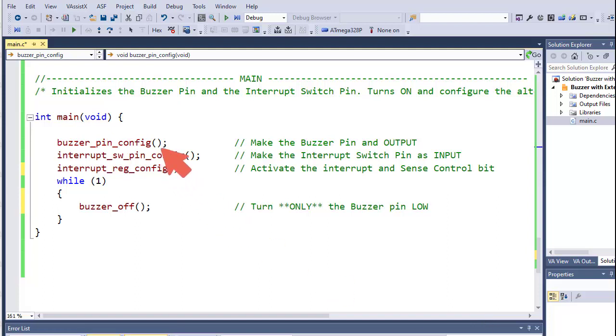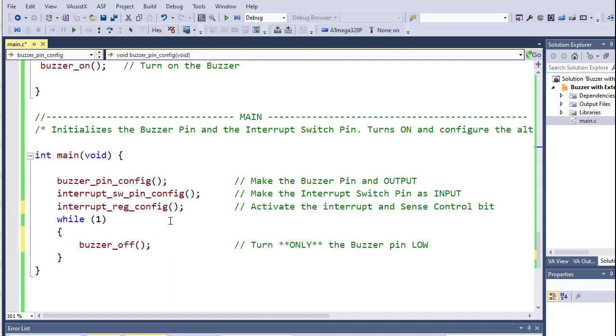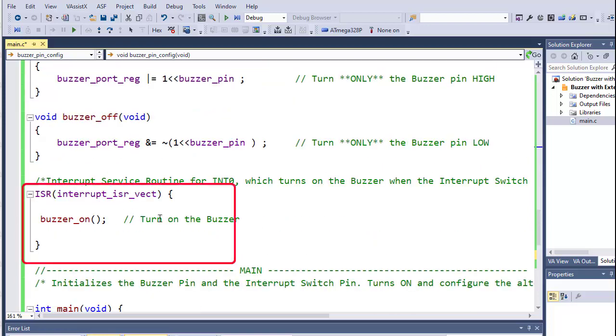What is here? First buzzer pin configuration, next interrupt switch pin configuration, then interrupt register configuration. After that a while loop is there. This will continue and provide the output. What is inside? Buzzer off, which means the buzzer will remain in the off condition. What will happen when the switch is pressed? An interrupt will come, and automatically the operation will go to the interrupt service routine.